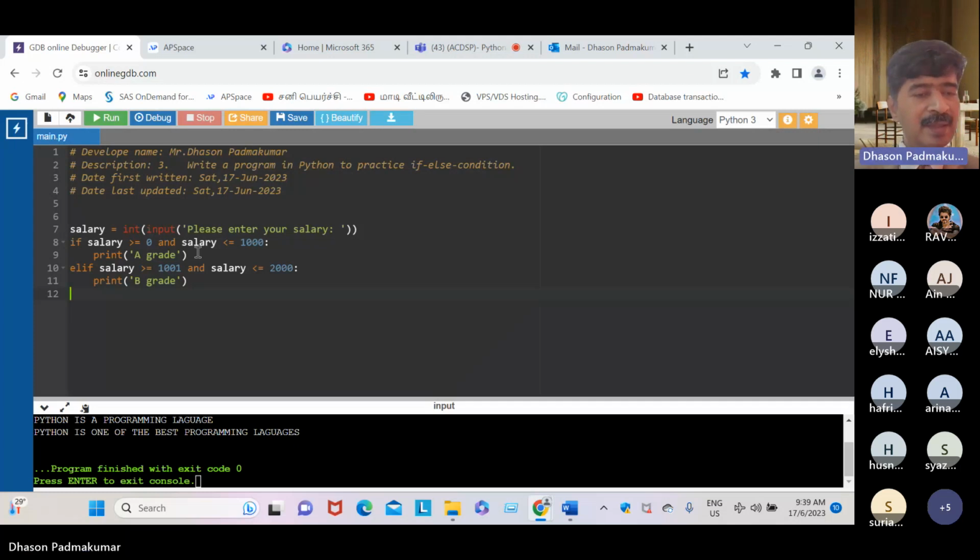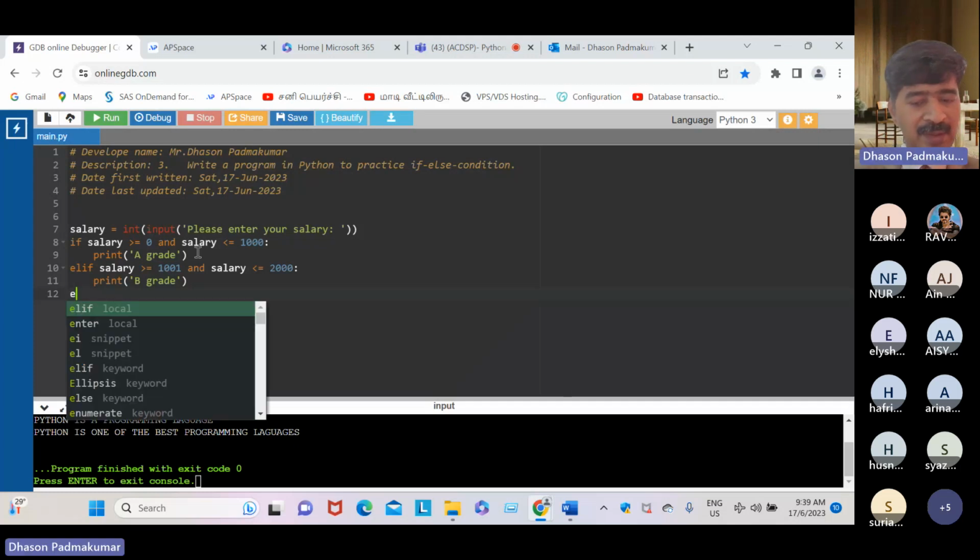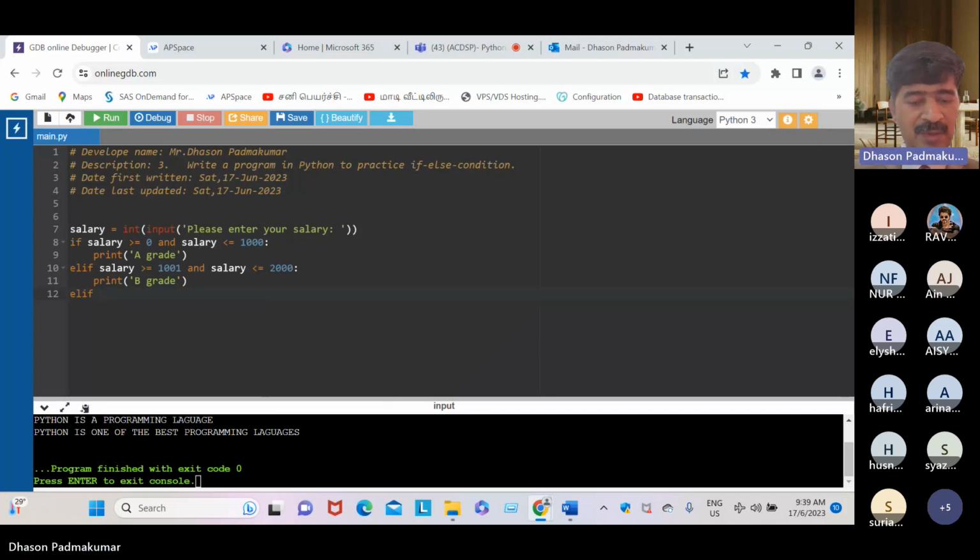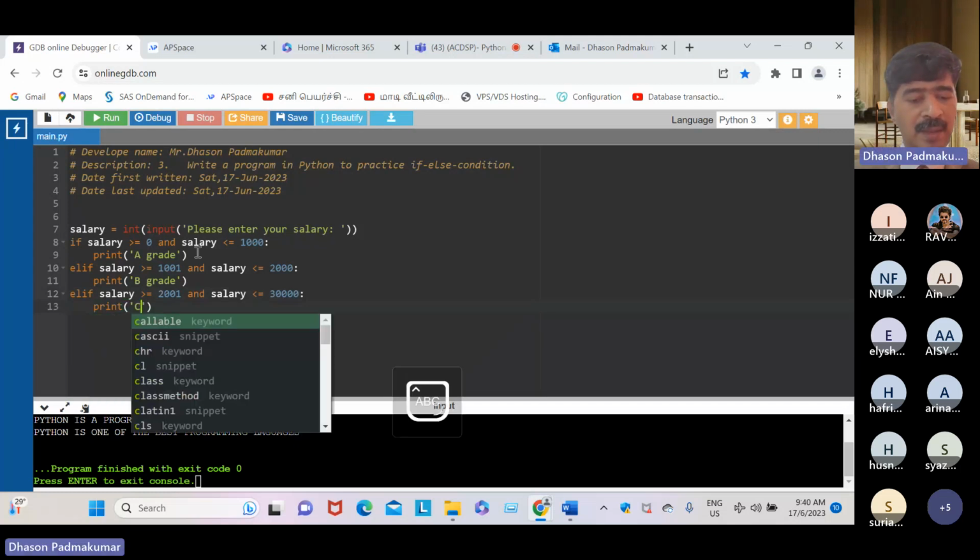Next is elif, the next condition. Salary greater than or equal to 2001 and salary less than or equal to 3000. The action is print C grade.